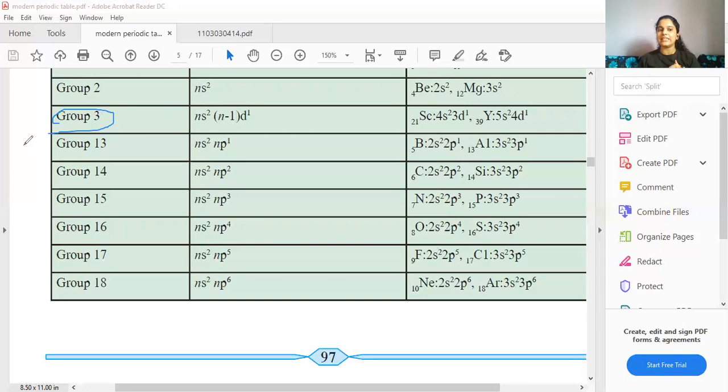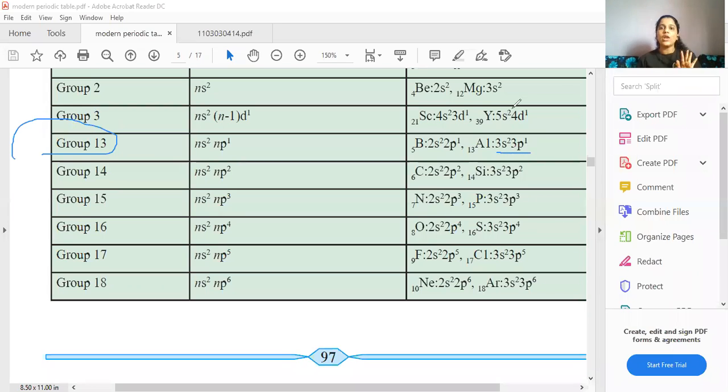Before that, let us just quickly discuss from 13 to 18. So 13 to 18 is your P block. Okay, students. So in your P block, if I just look at the configuration, let us see group 13. You all can see this element boron, with atomic number 5. And the end configuration is 2s2 2p1. Group 13. The next element below boron is aluminium. If I write the configuration for aluminium, it is 3s2 3p1.